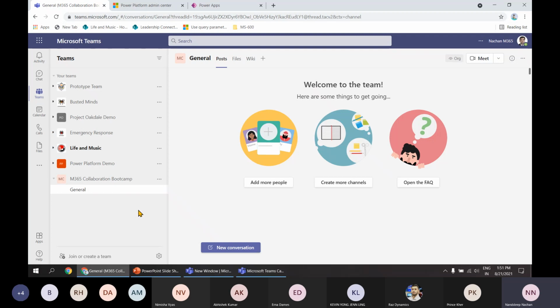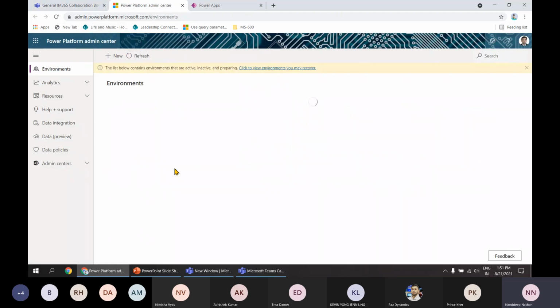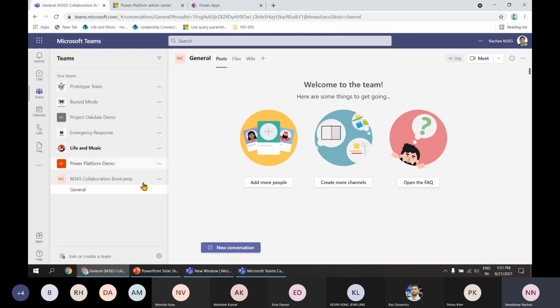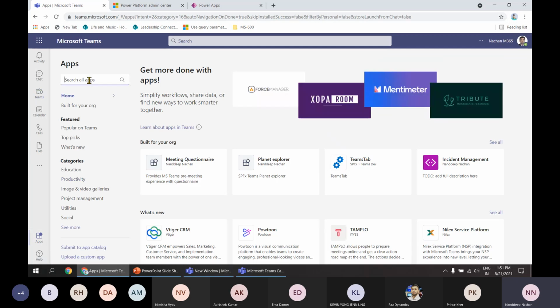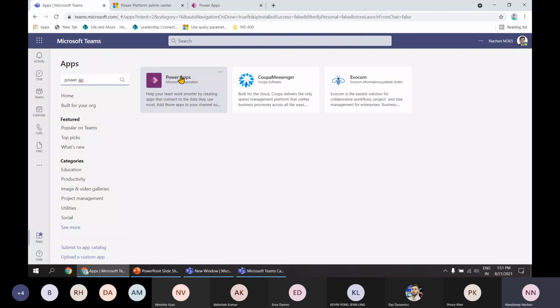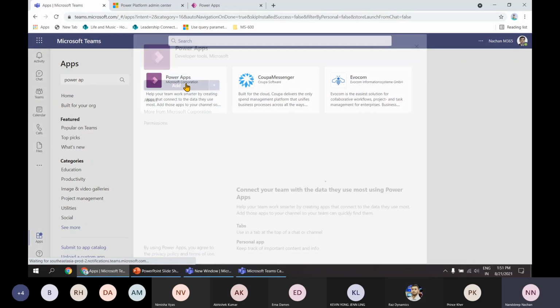Now what we can do is, again, I want you to pay attention back to these environments. We don't have any environment created for this particular team. But what will happen is that now I will go to apps, and from apps, let's select Power Apps. Okay, so this is the Power Apps app that we have got, and then I will just click on this particular app,